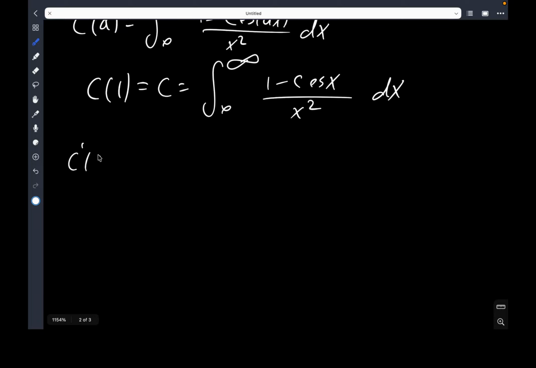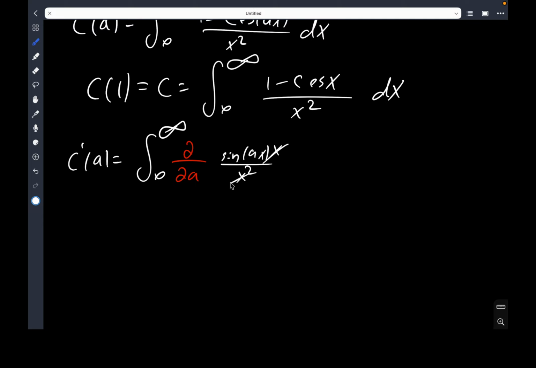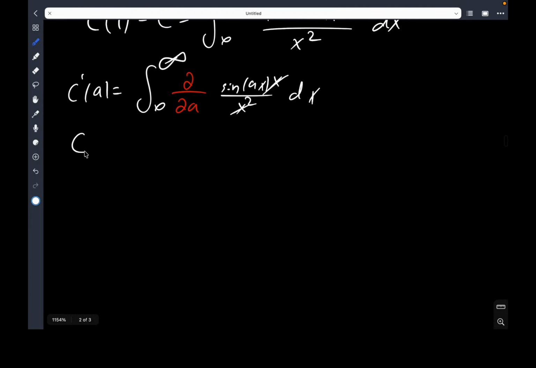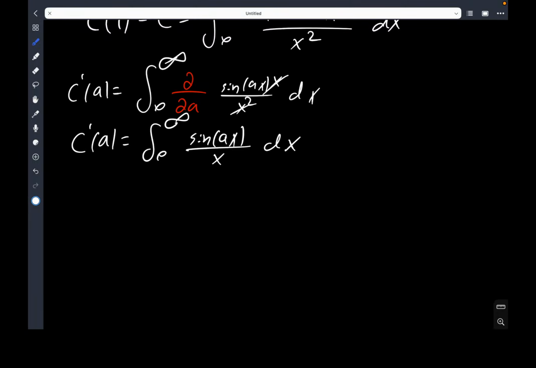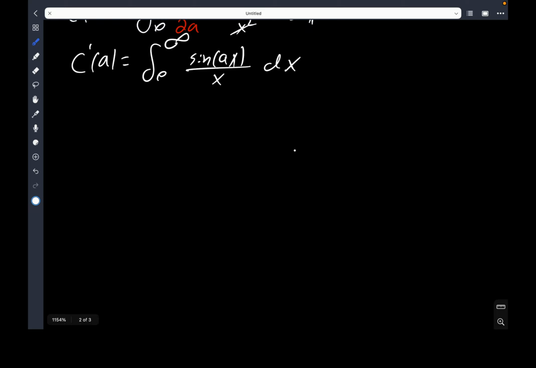Now my c prime of a is going to be, again, the partial derivative with respect to a, and this is gonna go away. C prime of a is the integral of sine of ax over x dx,